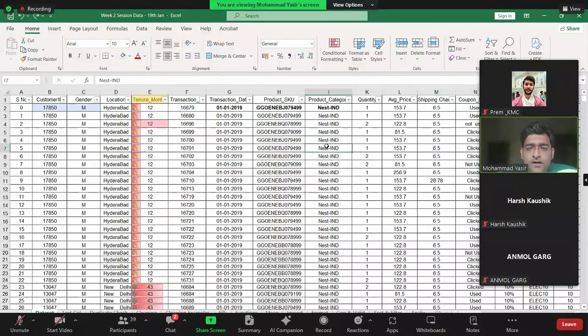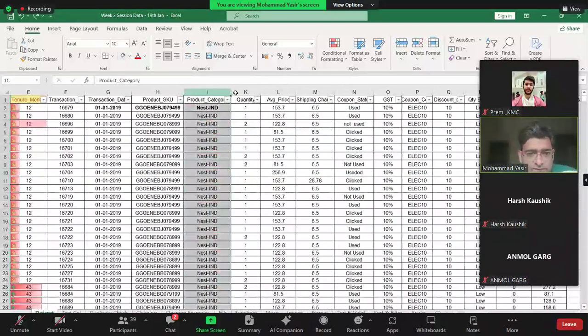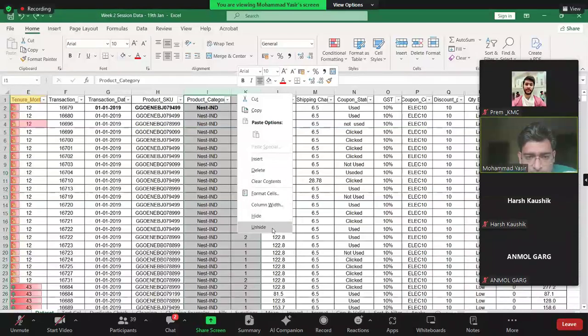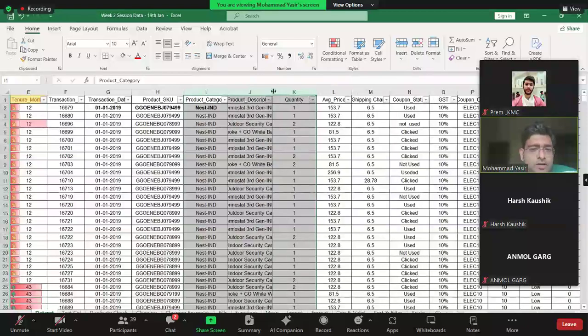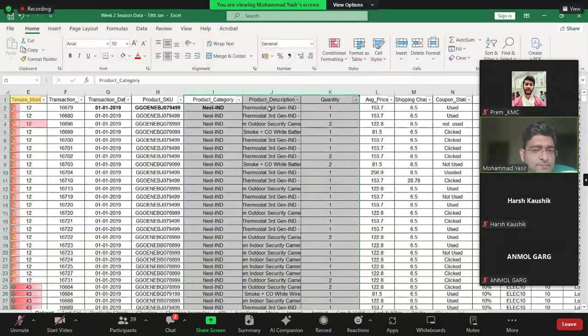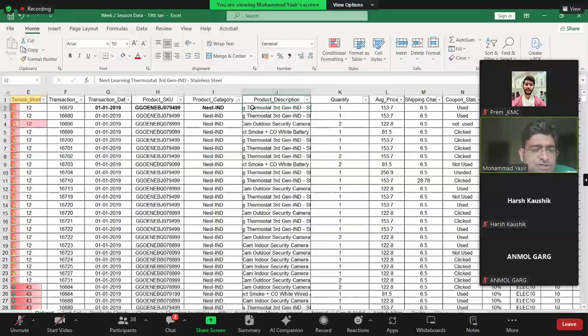Okay. There is another function called wrap text. So if you see here, this is one column which has product description. Product description is usually a long description of the product title. So currently, half of my string is not visible here. If I want to make it visible in the current width, what I can do is select wrap text.